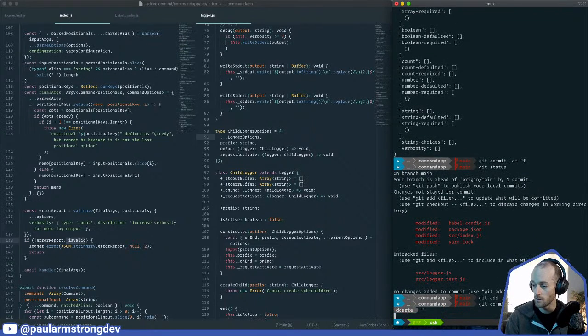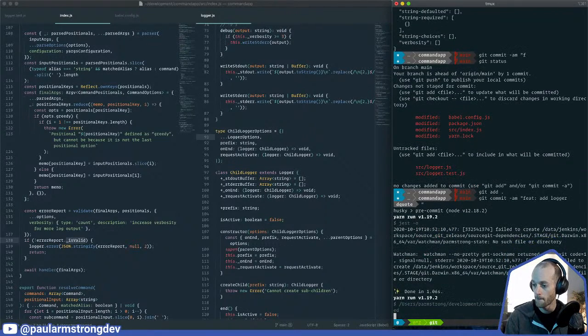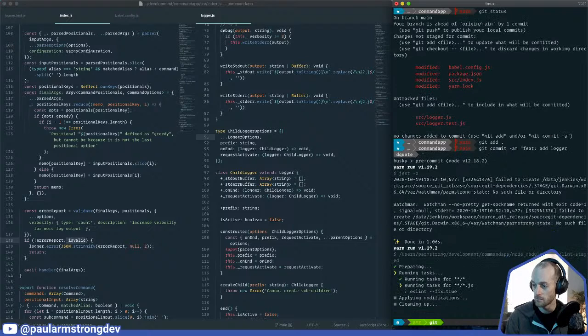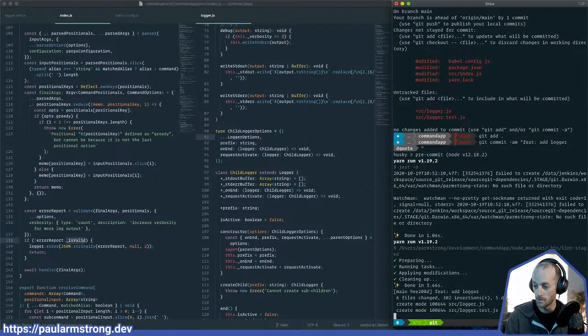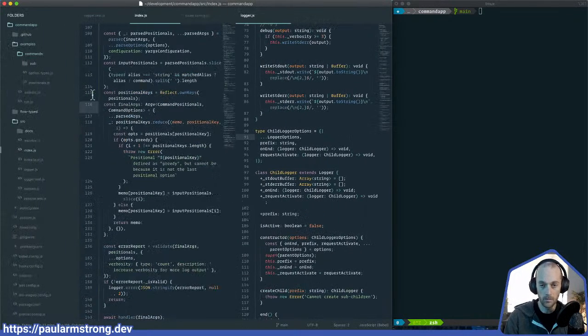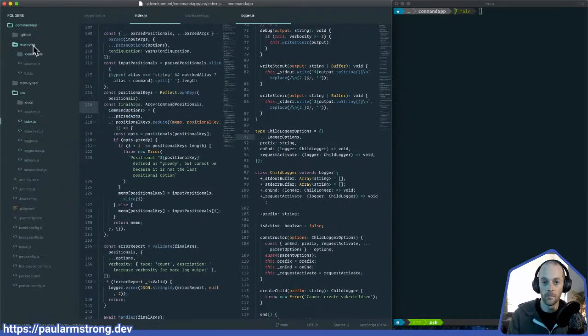We'll just add logger. Some issue there. Deal with that later. And then let's go ahead and make the README, and then I'll open up this repo public